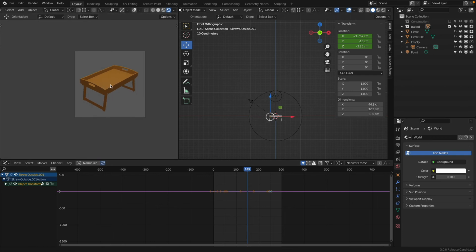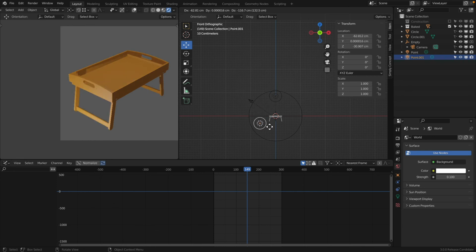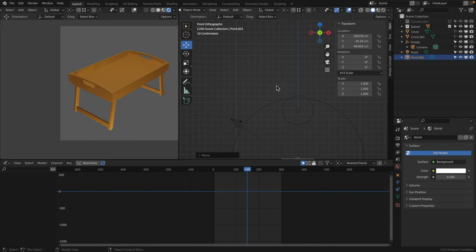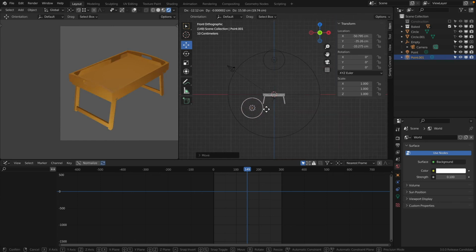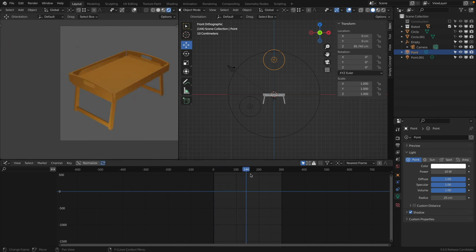This front area is kind of bad, so Shift D the light, bring this one down, maybe here, top view, maybe to this corner, maybe bring this up kind of like to here. This light is maybe too strong. What about 5? Yeah, 5. 10. Okay. Again, we don't want to spend too much time, but here I have a really nice gradation of